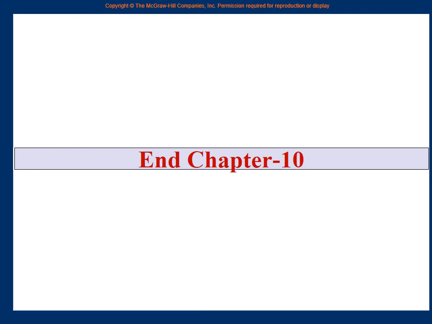Then this chapter 10 is polymers, the second category of materials. So we have discussed what polymers are, how polymers are formed, what the famous polymers are, how the polymerization reaction is done, and so forth. And if the polymerization reaction is done, then how do we do different calculations and so on, right?